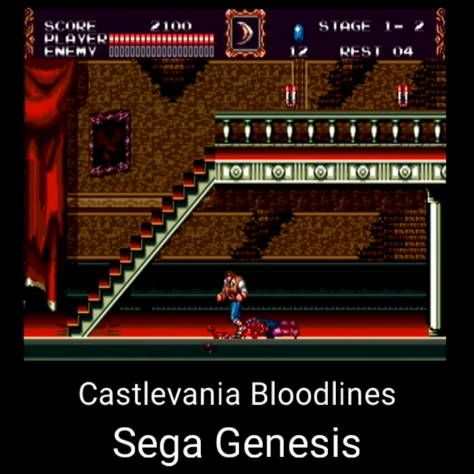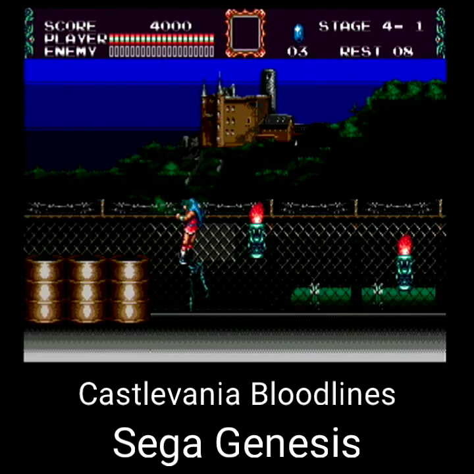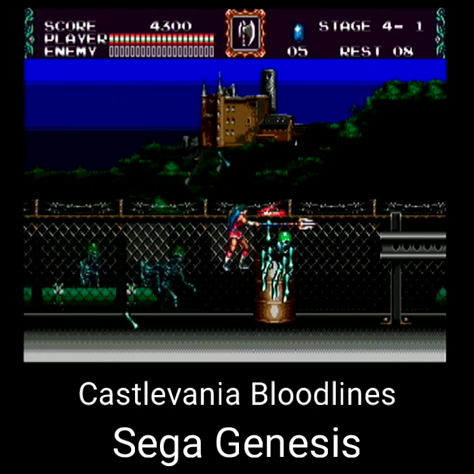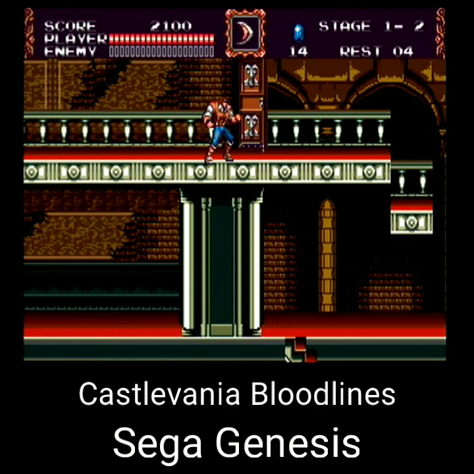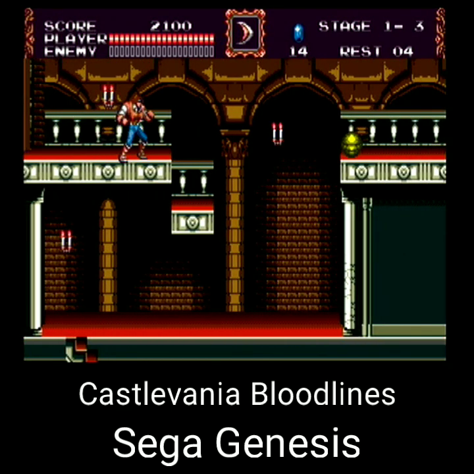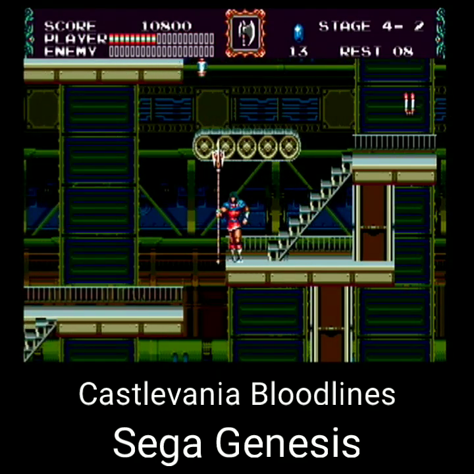While John uses the traditional vampire killer whip from the other Castlevanias, Eric uses a unique spear weapon that powers up into a trident. Both characters have different abilities that can lead to different paths taken. John can use a whip to Indiana Jones style swing, while Eric has a high jump you can power up